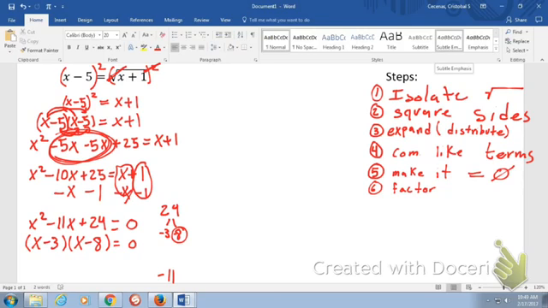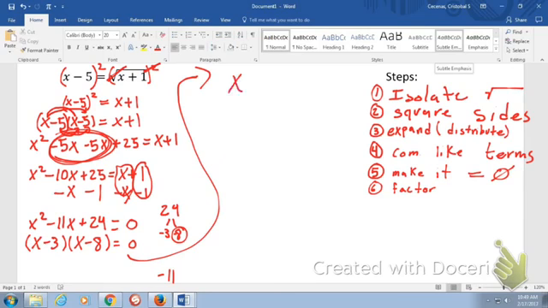Okay, we might not remember this, but when we have something multiplied times something else and it is equal to 0, we can rewrite this as two equations. So I'm going to rewrite this as two different equations. I'm going to move here to the top and rewrite this as two equations, one of which is going to be x